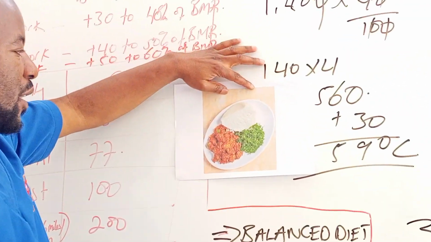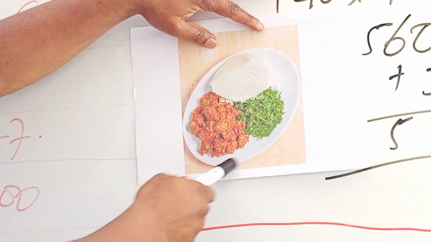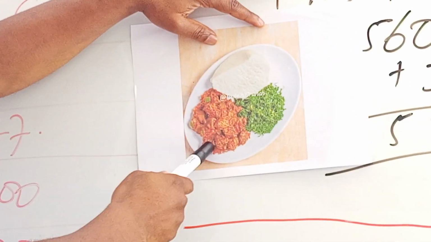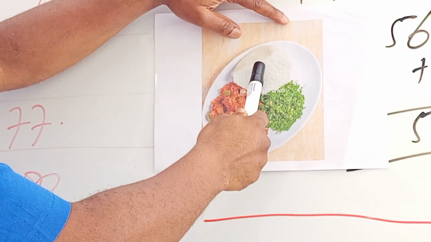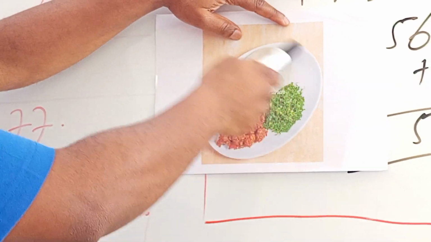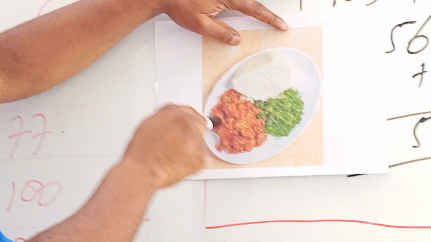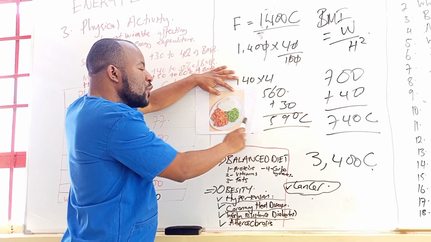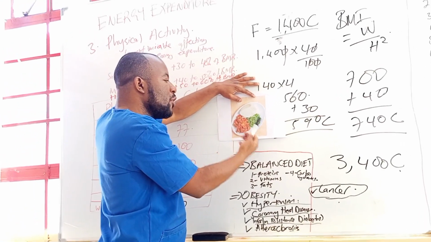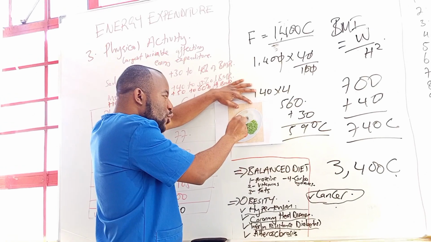This one, this is a fair meal. It has got quite a number, a heap of proteins. Maybe it's meat, yes. It has got the vegetables, it has got the ugali. For ugali eaters, this is the idea you should have, so that you have more protein to break down the carbohydrate. Because this one is going to give you nutrients, it doesn't contribute to almost anything. So this one is the problem.